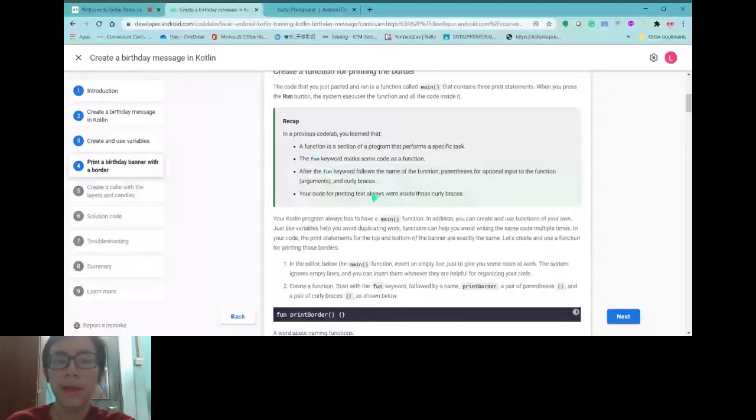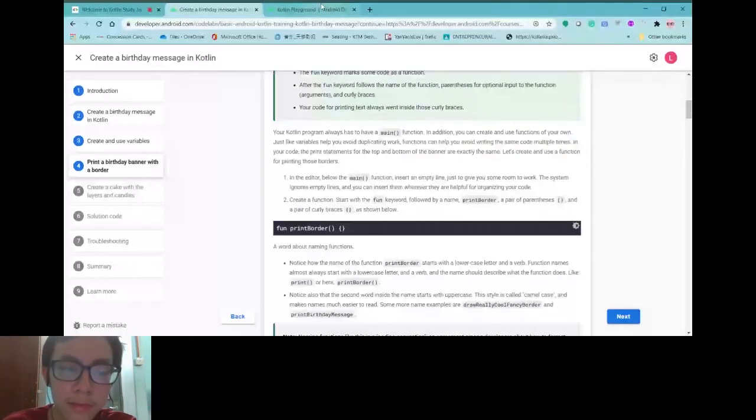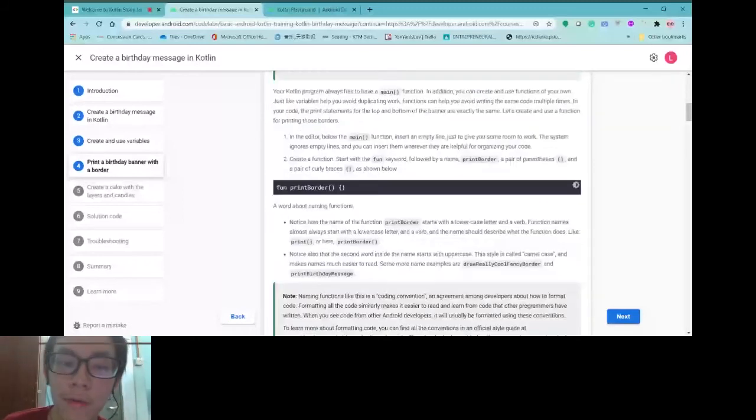Just now I said that main is just a method or function, and you can also have a different name for a function. The main function is just the first starting point that your app looks for when you start executing your program.